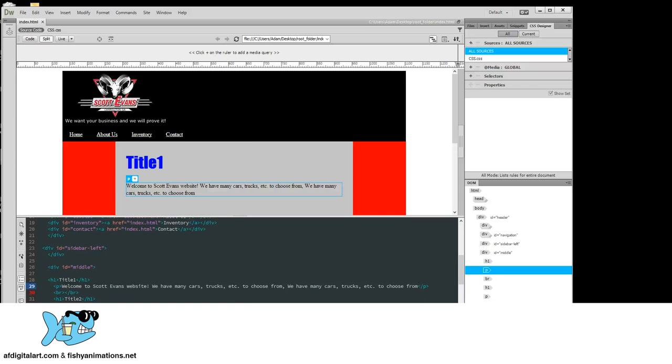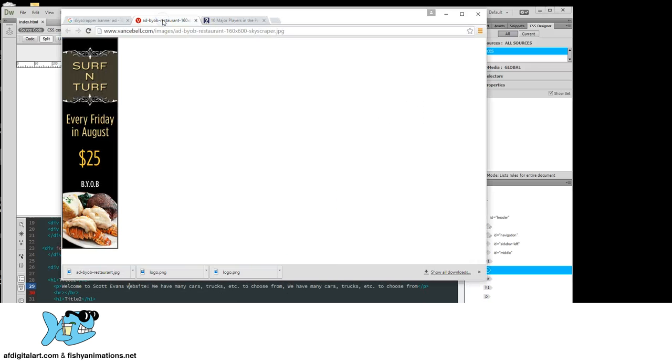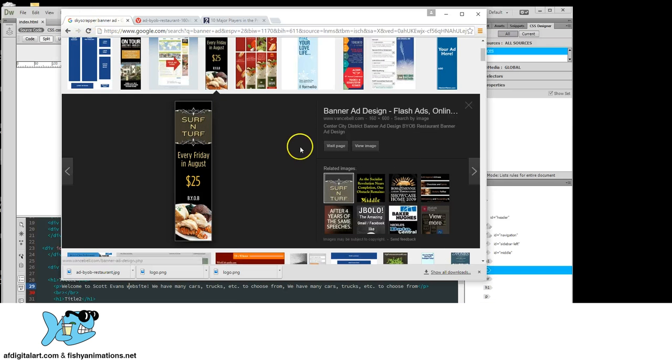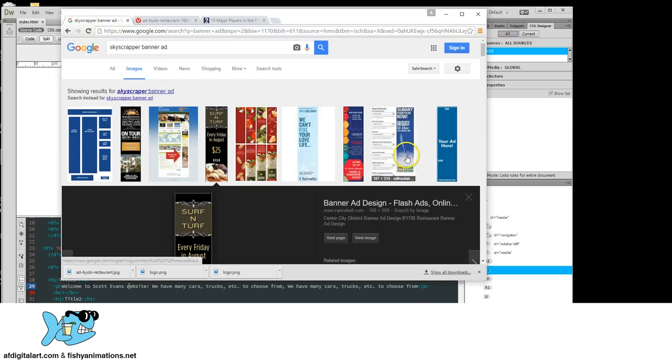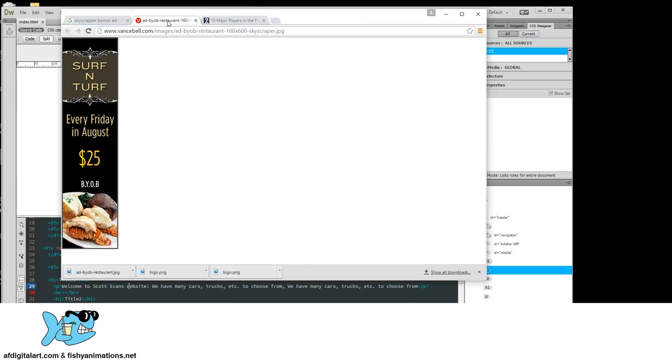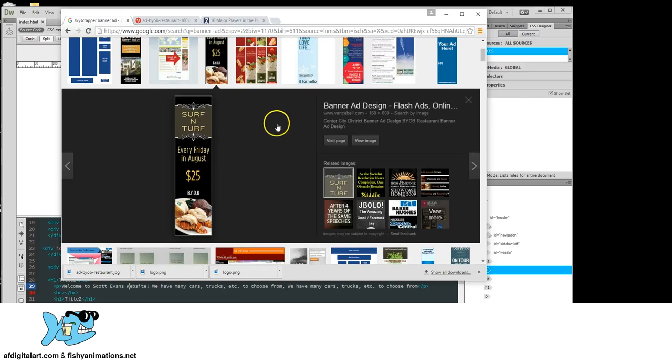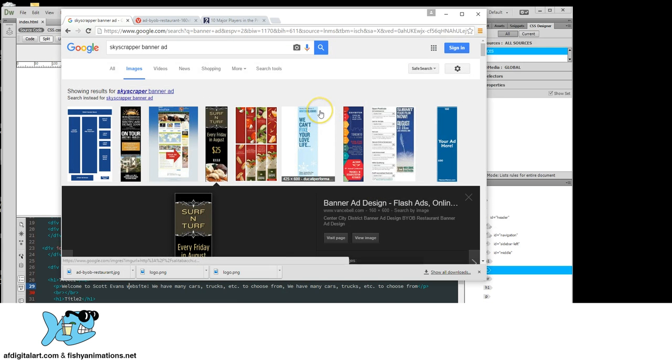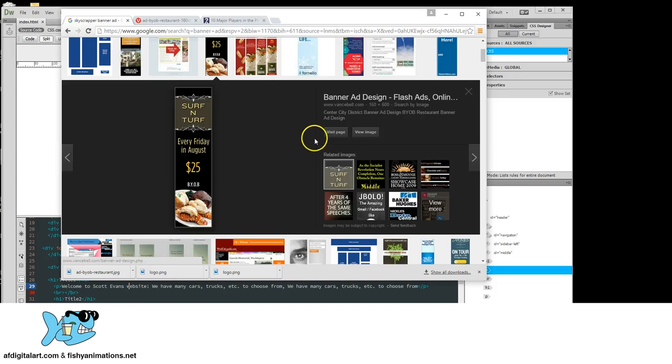Now here's a neat little ad I found online. This is a surf and turf every Friday in August, 25 bucks. Okay, BYOB. It was a skyscraper banner ad I found through Google research. I came across it and thought it was really good. I decided I'm going to use this just for this lesson and insert it into the web page that we're working on. So once you find something that you think would work just for exploration as it aligns with this lesson, remember, view the image,